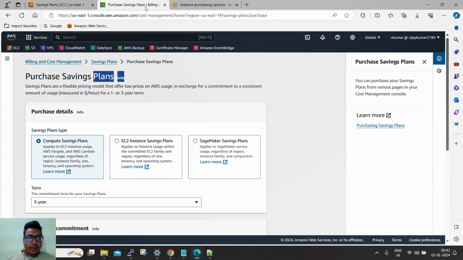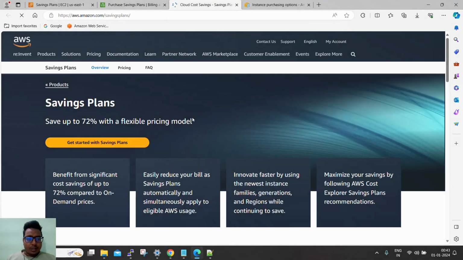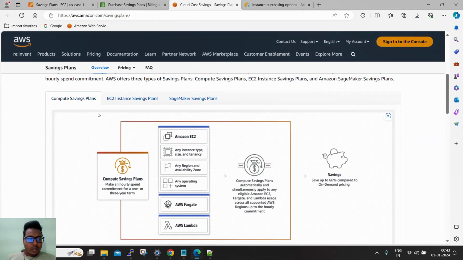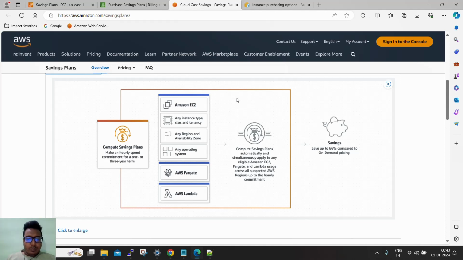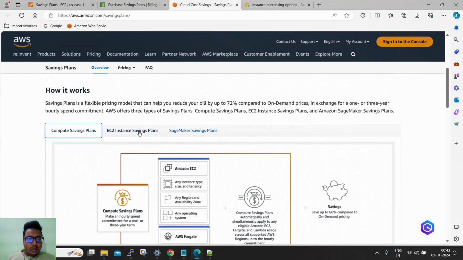There was one well-defined diagram for this, so maybe we will see here. Okay, so here you can see in the Compute Savings Plan, you are saving on any instance type, any region, any operating system. Okay, AWS Fargate and Lambda. If you click on this,